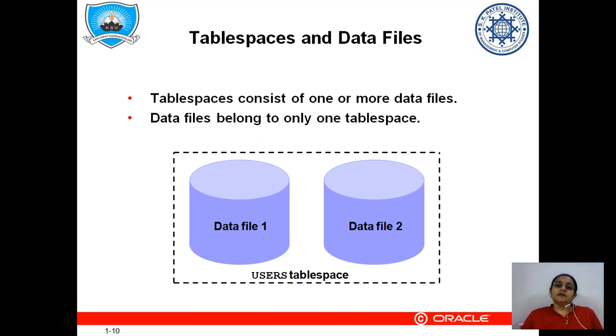Now as we know, all data files are a physical form of the database records, fine, but they are logically related, meaning through Oracle we are able to access this data file with the name tablespace. So tablespace is a logical name of a data file, you can say, in one way. So tablespace consists of one or more data files, and a data file belongs to only one tablespace. So tablespace is a logical representation of the data file, which is the physical structure of the data.